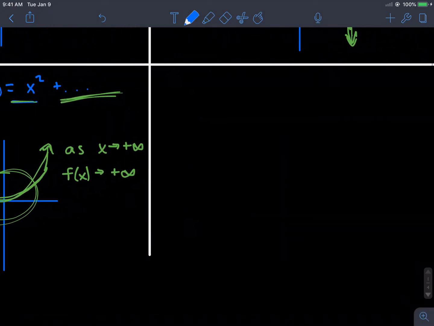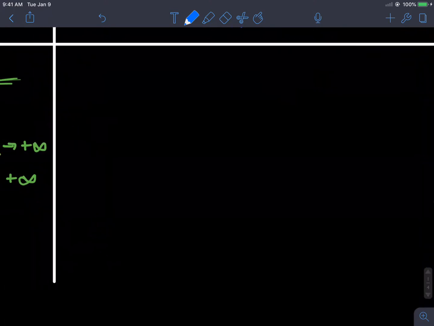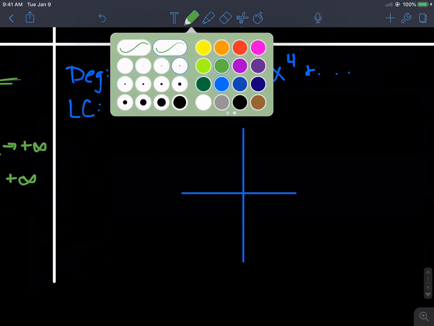So our last scenario is, what if the degree is even, and the leading coefficient is negative. So that would have been maybe negative x squared plus something else, or this could be negative x to the fourth plus a bunch of other stuff. Okay, but again, either way,